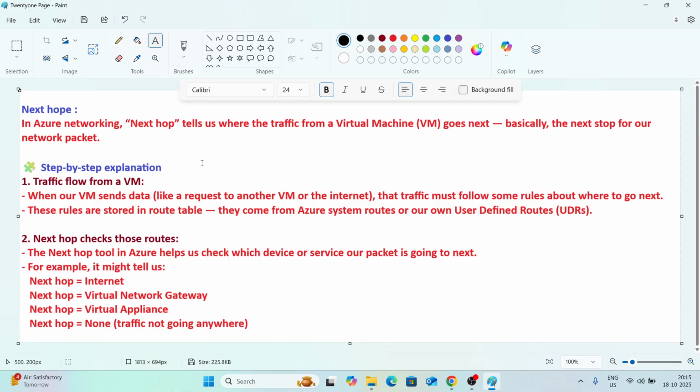whenever a VM sends the traffic, it follows some rule. It can be decided by Microsoft Azure. These are known as system routes, or we can say default routes, and we can also give the routes by ourselves. These are known as user defined routes. And the Next Hop checks those routes. The Next Hop has a feature. It checks these routes. So the Next Hop tool in